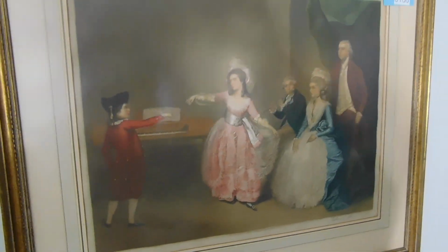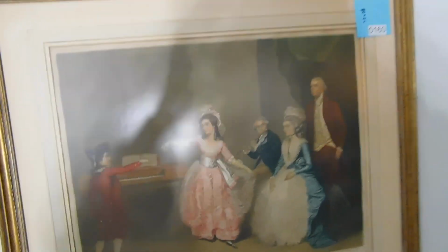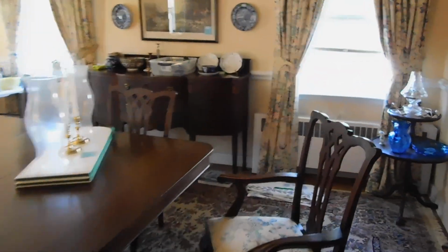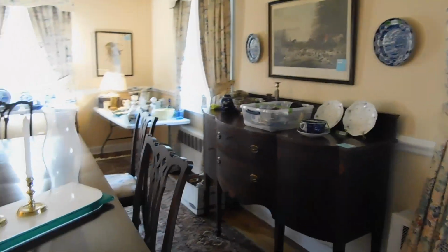Lot 160, another big print. Arthur Cox sign. Do your research on that one too. You'll like what you see on that one. Moving into the dining room,